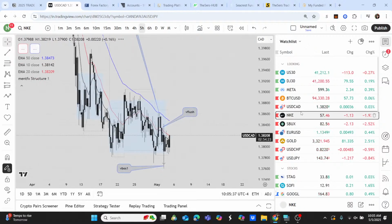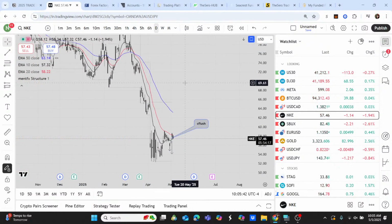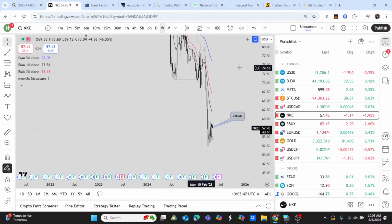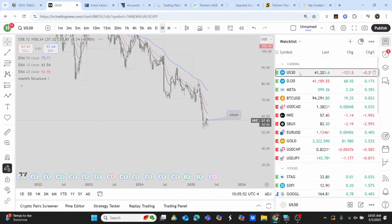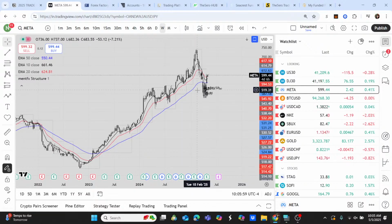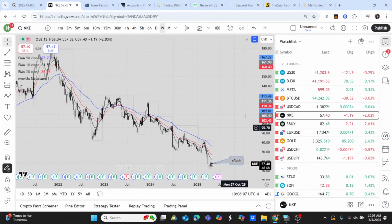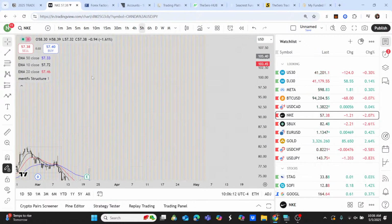Oh yeah, I already analyzed that. Nike. Let's see what the daily is talking about. Nike is bearish. Potentially, yeah, bearish for me. You can just see the difference between Nike right here on the daily time frame versus the other market right here, like US30 or Meta. You see this is starting to push up in a bullish context. Nike, on the other hand, is showing us that it's dropping lower, so it just makes sense to go with that trend. So if we go on the 5 hour time frame though,